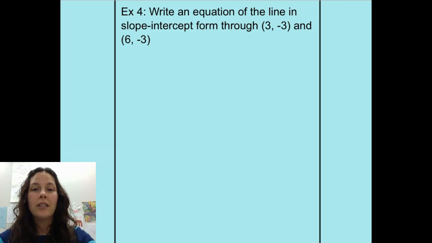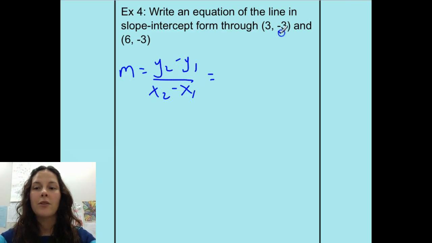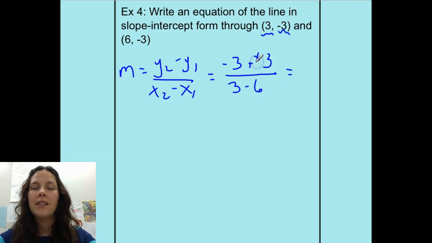These next two should go a little bit more quickly. We've got some special equations. So first thing we're going to do is find our slope, y2 minus y1 over x2 minus x1. I'm going to start with my first ordered pair again, negative 3 minus negative 3 over, going back to my first coordinate, 3 minus 6. In the numerator, when we add the opposite, negative 3 plus 3 is 0 over negative 3,